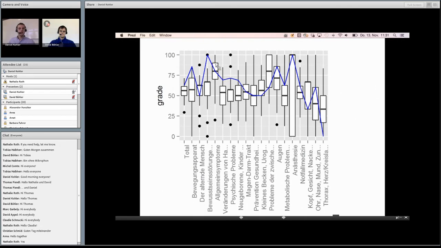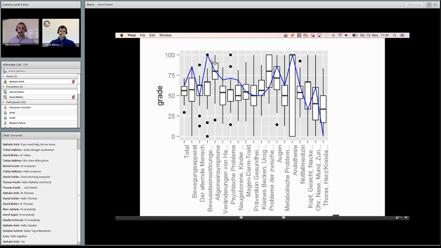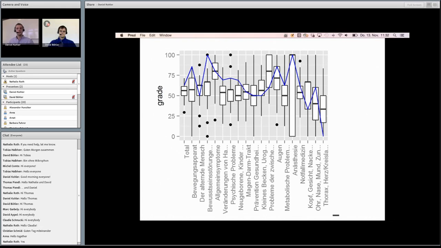So the student can see, oh, in this topic I was probably the best or one of the best, whereas here I was not that good, and my performance here is really bad. That's also information that you can provide to a student if you want. So it's not everything done automatically.